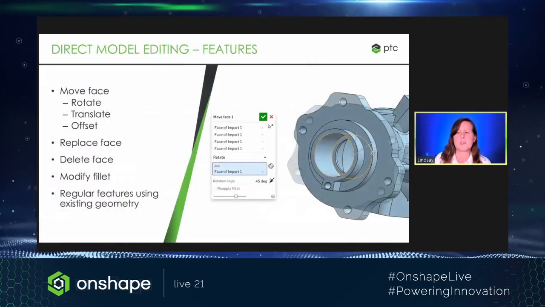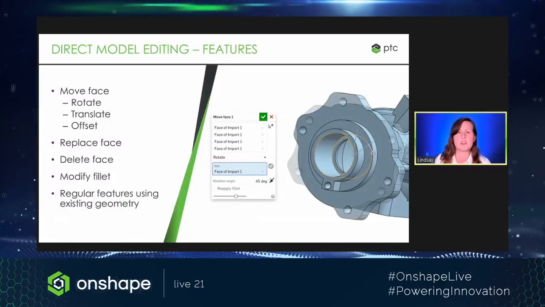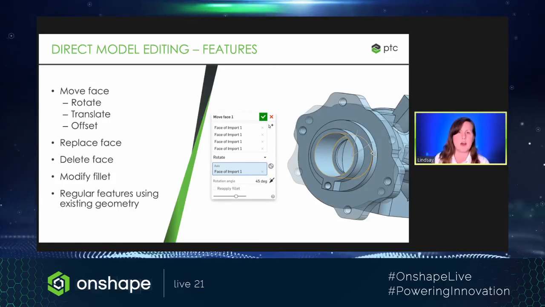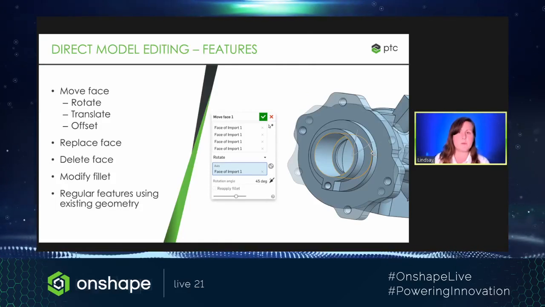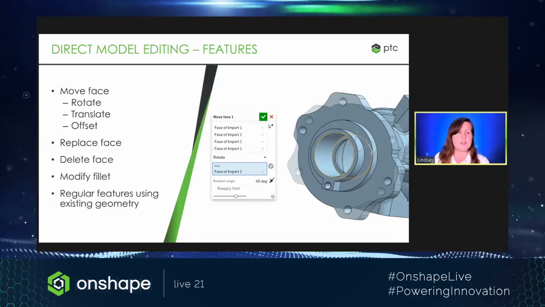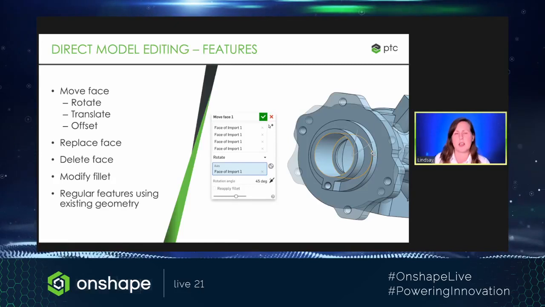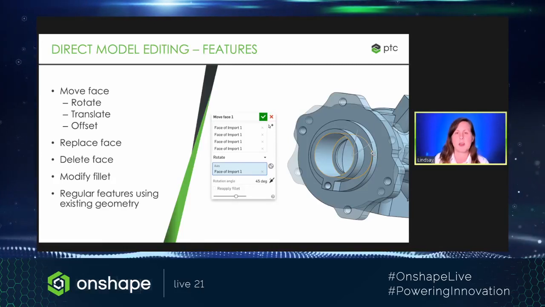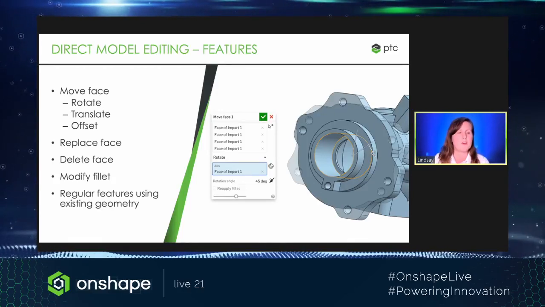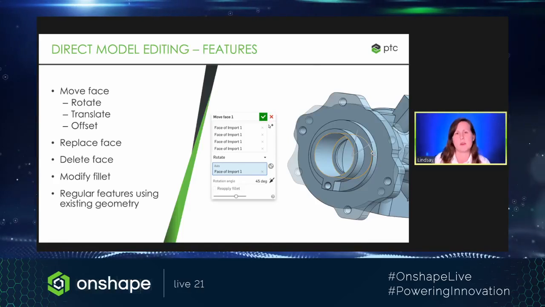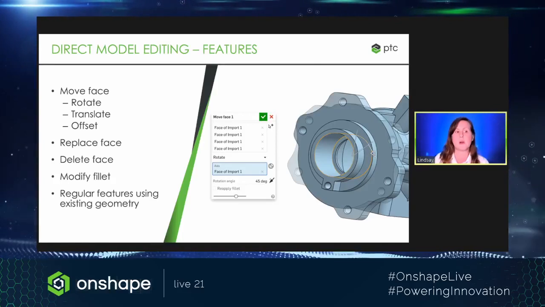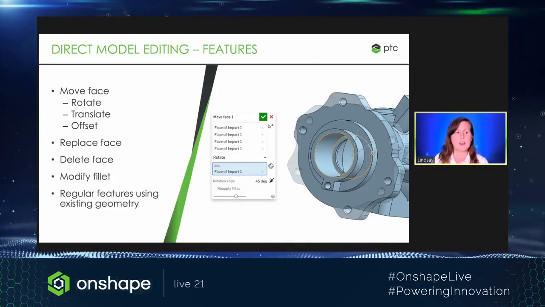So to help you decide what things truly should come into Onshape and how you want them to come in, whether they should come in as an import or whether you're going to want to remodel them, direct model editing is a topic that we need to discuss. So there are 4 tools, features inside of Onshape that are specific to direct model editing. So editing your models that don't have a feature list. The first one is Move Face, and this is probably the one that you'll use the most when you're editing an imported solid. Within it, there are options to rotate, which I'm showing here on this slide, translate, and